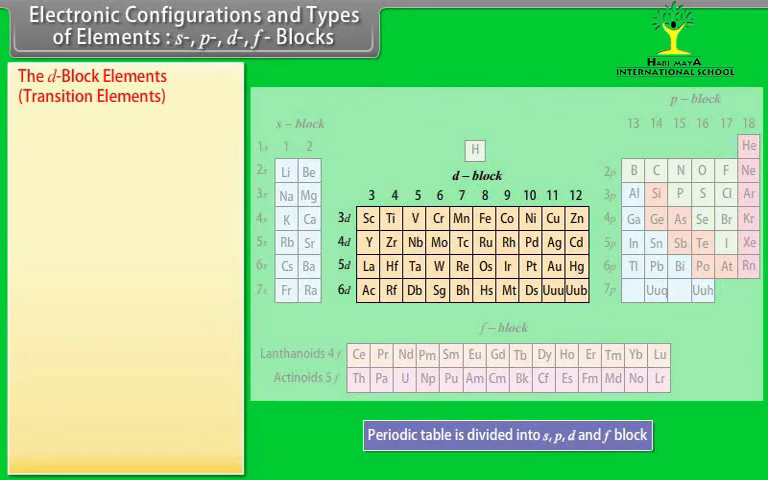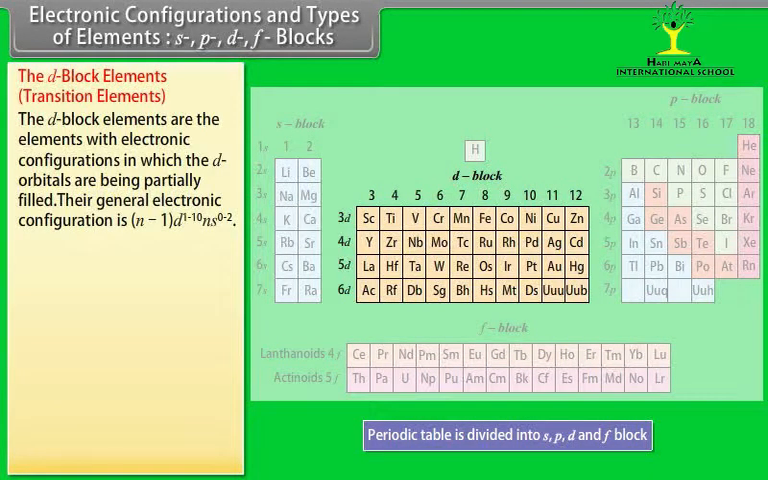The D block elements, transition elements. The D block elements are the elements with electronic configurations in which the d orbitals are being partially filled. Their general electronic configuration is